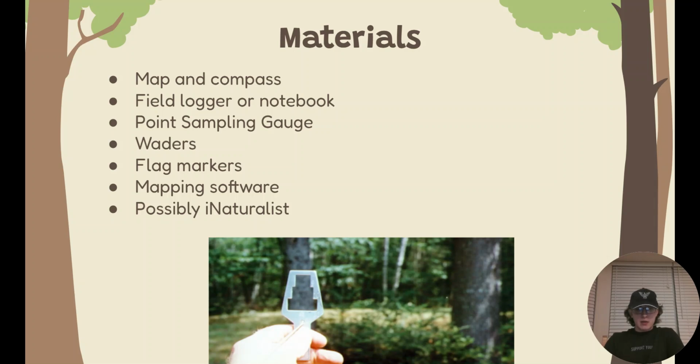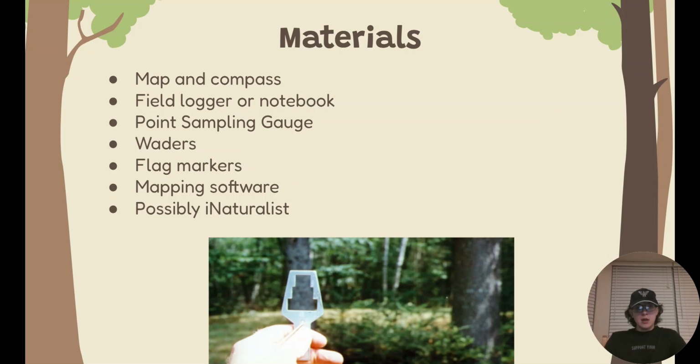Creeks, might have to cross in certain plots in the research property. Flag markers within the plots, and so this is pretty much how it's going to work. I'm going to go to a certain area that I'm going to plan beforehand, certain points within these plots, and that's where I'm going to do my point sampling and make sure I identify all the trees that I'm going to be counting, as well as, right after, identify that species